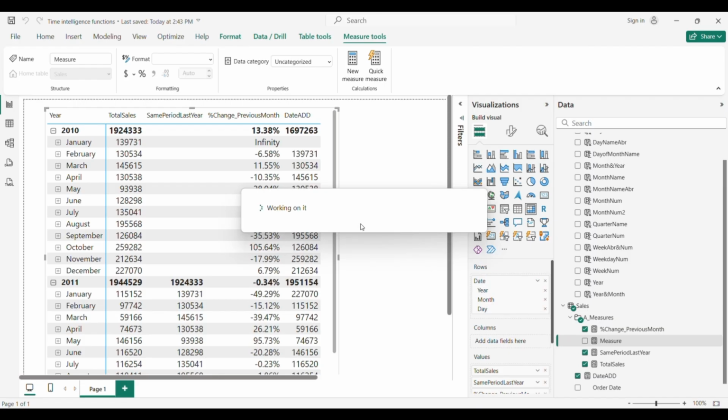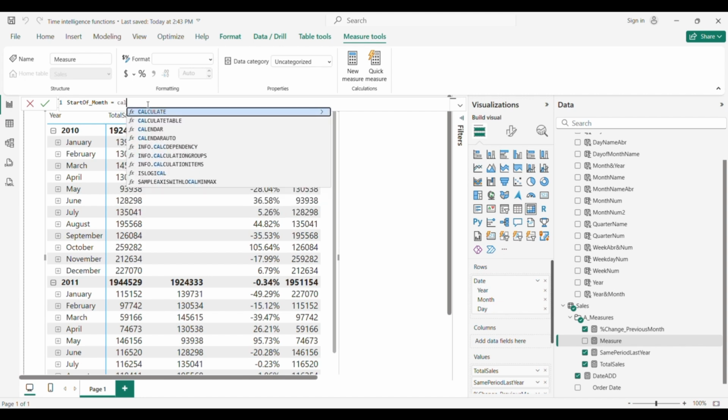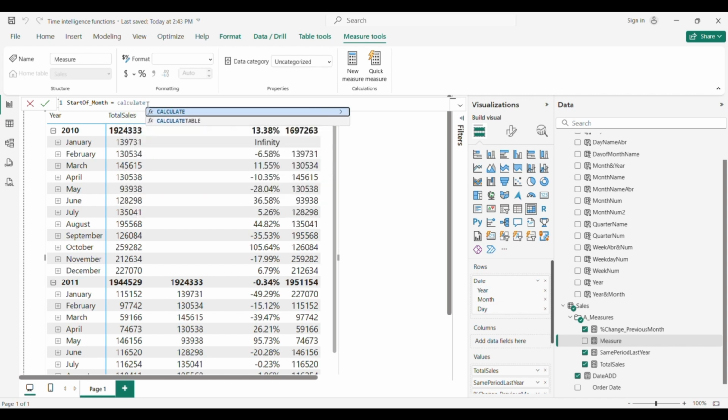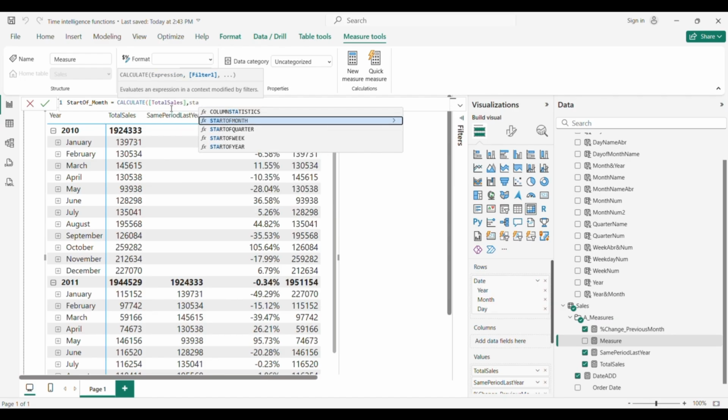We can see the sales, so in case we need that, we'll use this function, start of month, and we will calculate total sales and start of month.